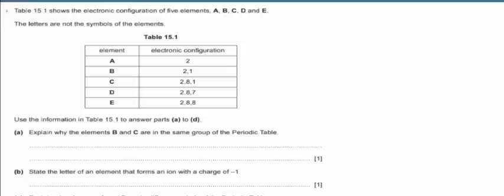Then as for B, state the letter of an element that forms an ion with a charge of -1. Now usually, when it comes to the periodic table, group 1 up to group 3 are called metals. And usually metals lose electrons so that they become a cation. An example that I can give you is